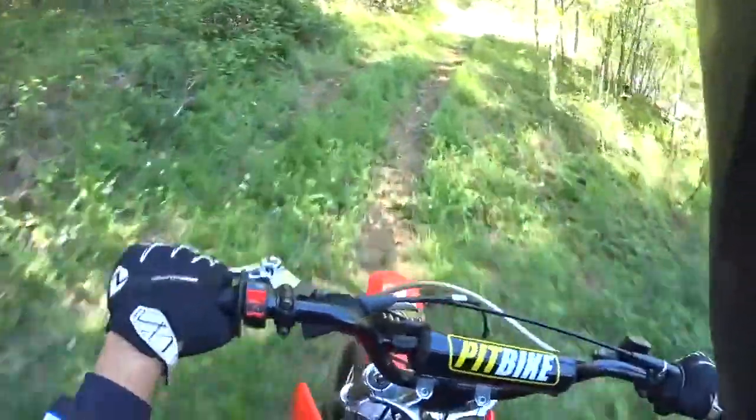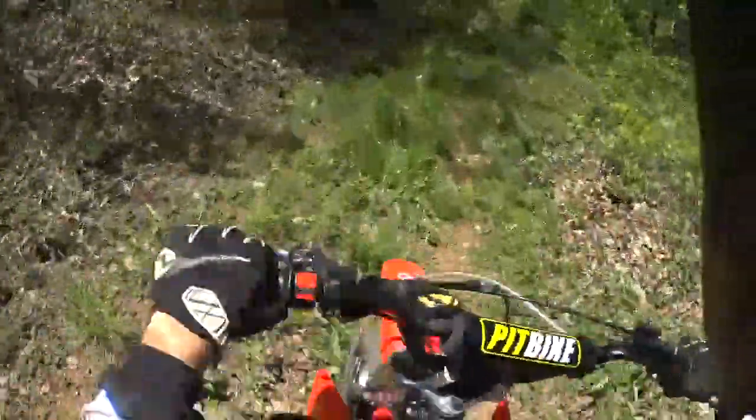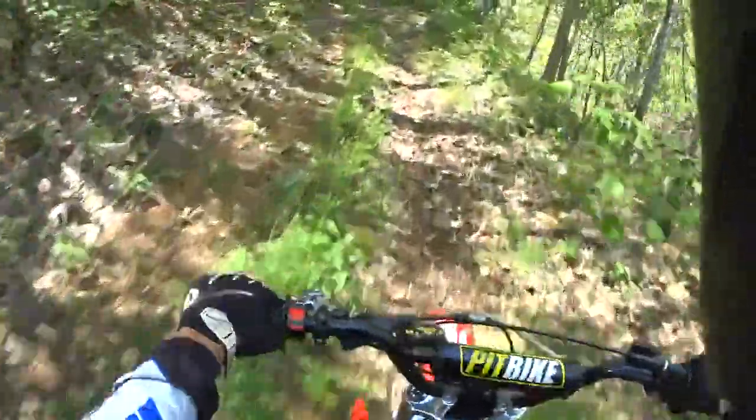One thing about me starting off to learn, I've had this bike for 3 weeks now. 3 weeks and 1 day actually. And I've learned to ride sitting down on it. One of the reasons is when I stand up on this bike,